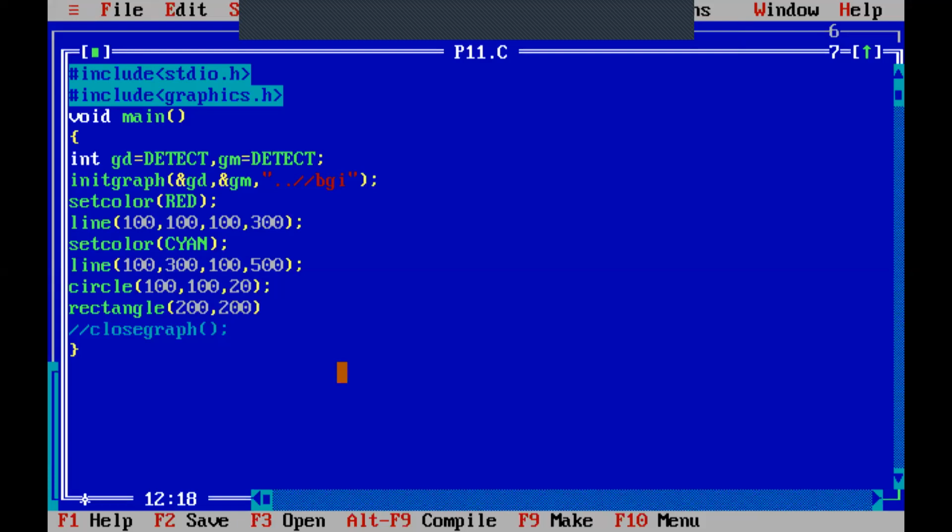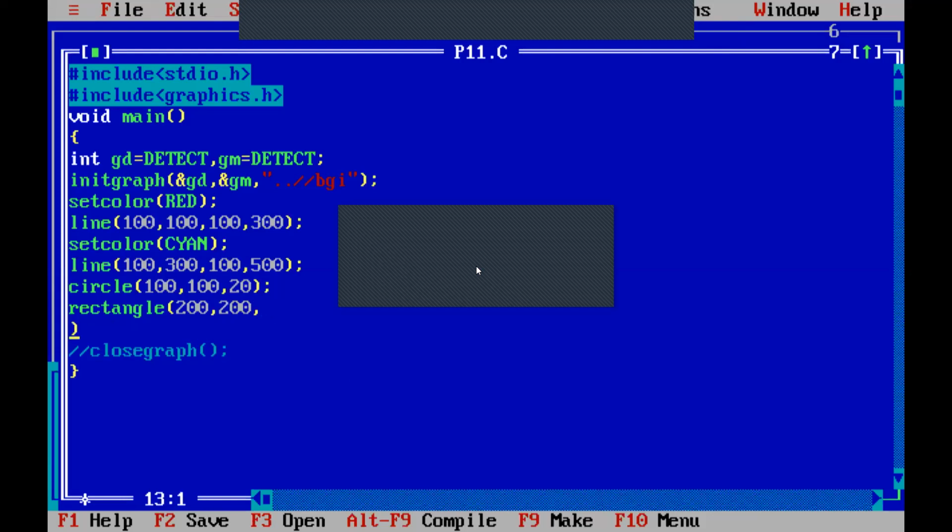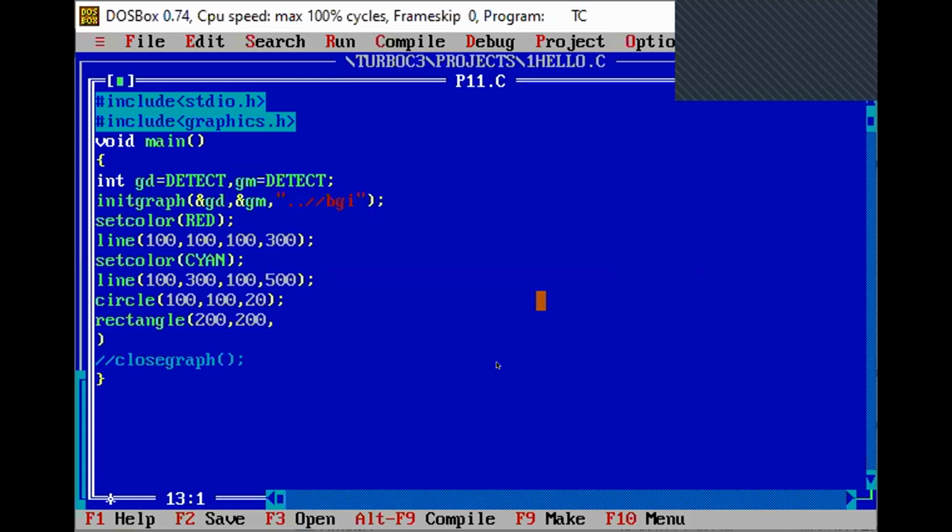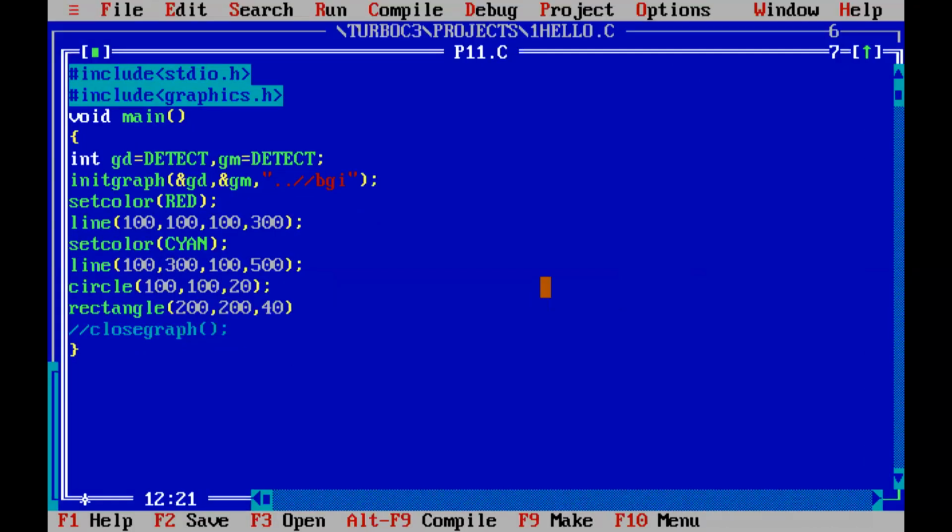Now we will take 200 comma 200 as the top left point, and bottom right, let us say 400 comma 400. 400 comma 400 is the end point.